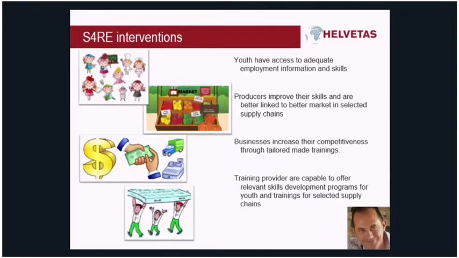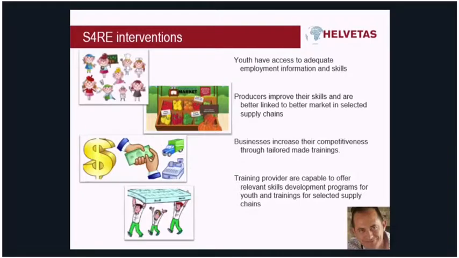Thank you very much for your insights about Kosovo and for having explained the S4RE project and the different interventions with us. Now, finally, we are going to hear more about the opportunity group approach. And for this, I'm handing over to Mimosa, who will explain this approach in more detail to all of us.